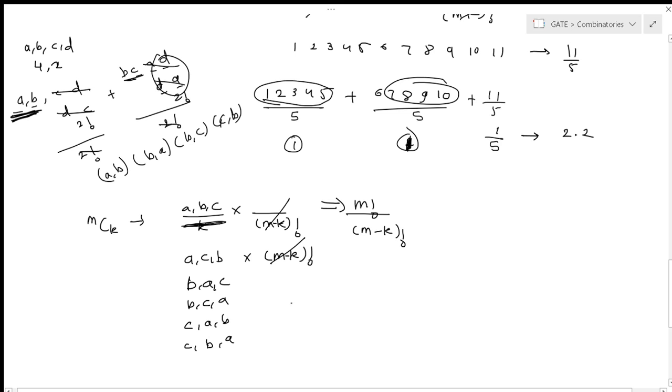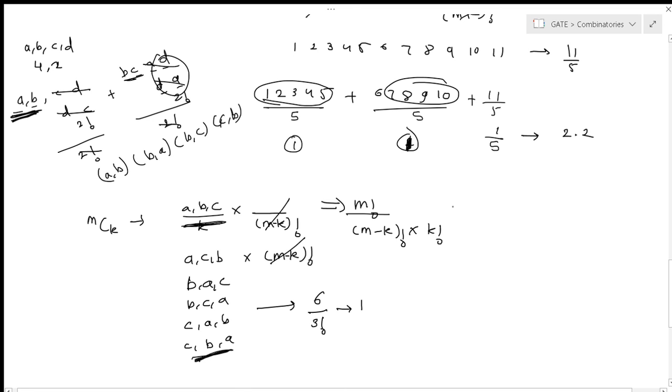So what is the final count that I got? I got 6. But if you think in terms of combination, does the order matter? Does this ABC's order matter? No, not at all. So I need to divide by 3 factorial here to count this as only one, right? Do you get this? So in this m factorial by m minus k factorial, the first positions had total freedom, so these 6 would also have been counted in this case. So in order to deal with them, we are dividing further by k factorial.